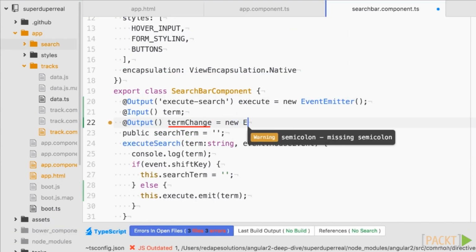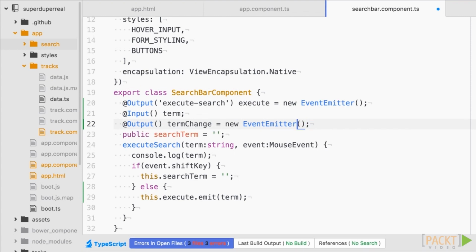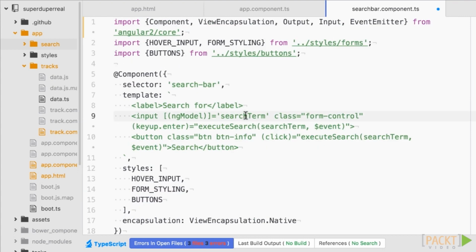Now we make that output equal to a new event emitter, which by the way is a generic, so we can specify that it will emit string here. To keep things simple, let's bind term to the input value using ngModel, and so the bindings will trickle further into the input element. Now the value changes on key up, so let's bind to that event on the input,